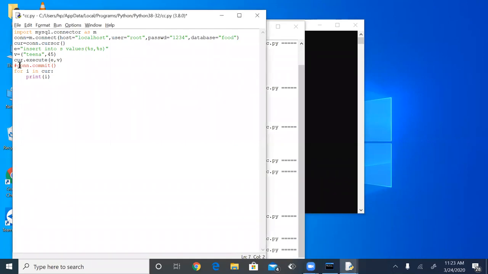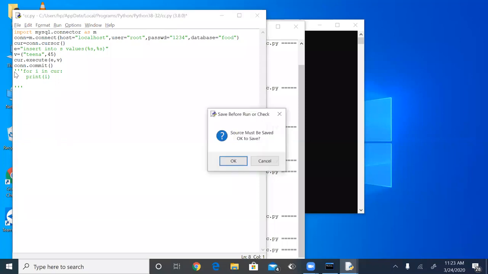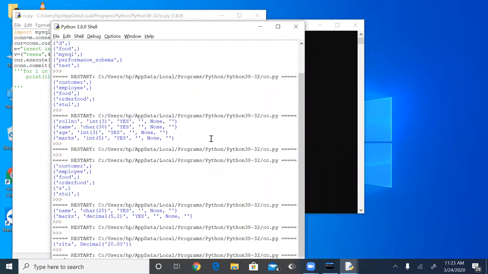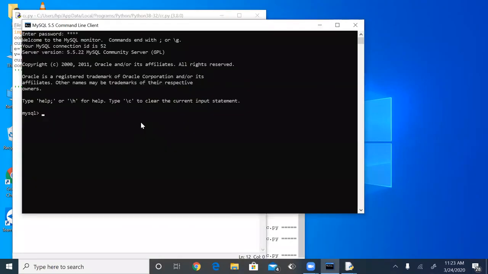Again, you have to save the things here, because here again we are making changes. Here you can see the things, and later on if you want to see your data, again select star from S. You can see the values inside it.